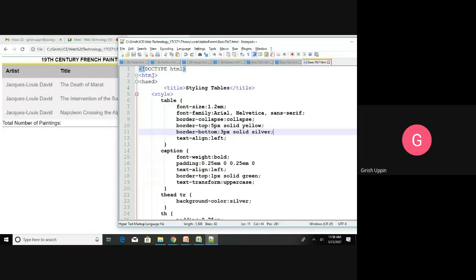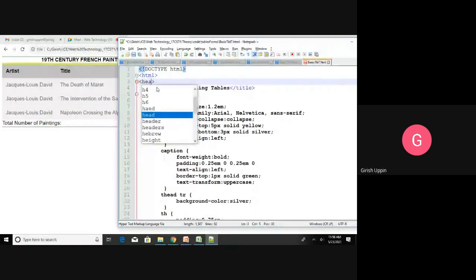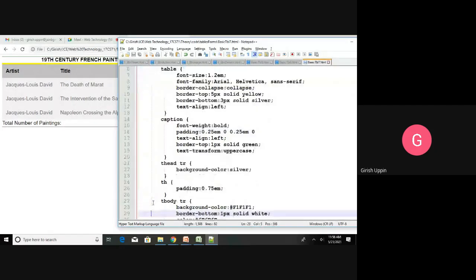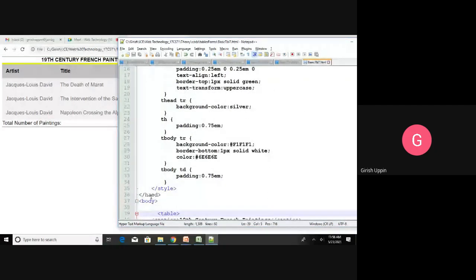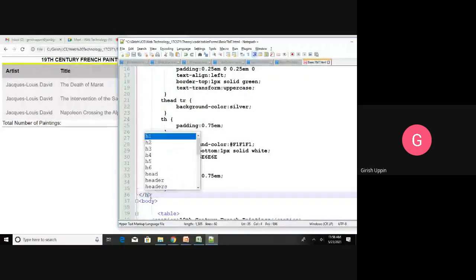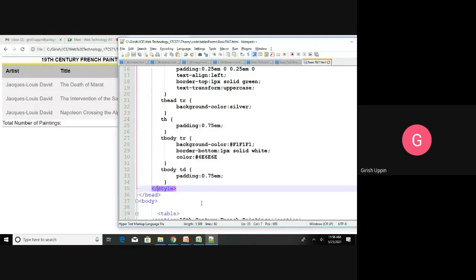If you start from the top, we have html, then we have head. Okay, the spelling, let me correct, head. And inside the head, this is the start of the head. The bottom of the head is this one. Okay, I changed it.